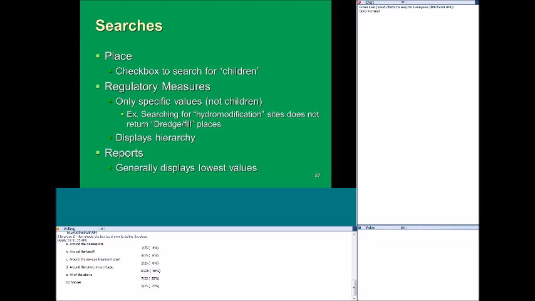And while it doesn't have the same menu that I've been showing screenshots of in the place module, it does show you the whole hierarchy, the path and the categories, but written out, again, the way we used to do it. And then just our typical reports, it generally displays the lowest value, and most of our reports are dynamic. So if there's data that has those values used, those will display as options in your search criteria.